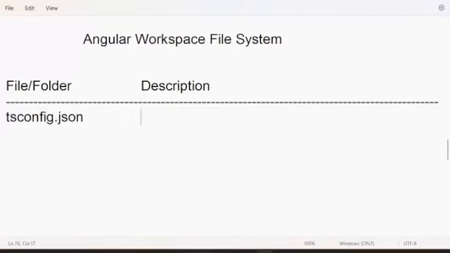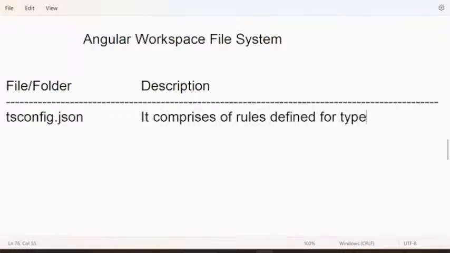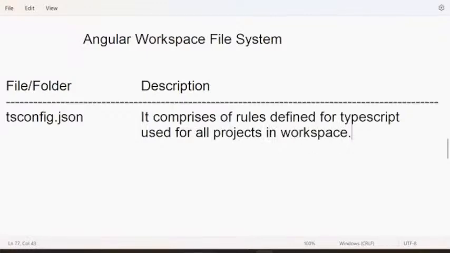So the file we have is tsconfig.json. It comprises the rules defined for TypeScript used for all projects in the workspace. Remember, if you set rules in this file, it will affect all projects, not one project, because you are setting the rule in the workspace. Suppose there are 4 Angular projects.